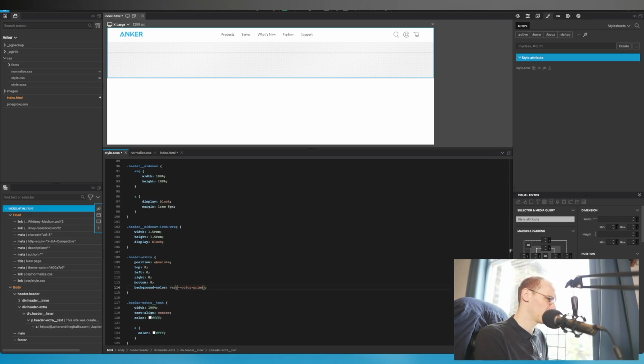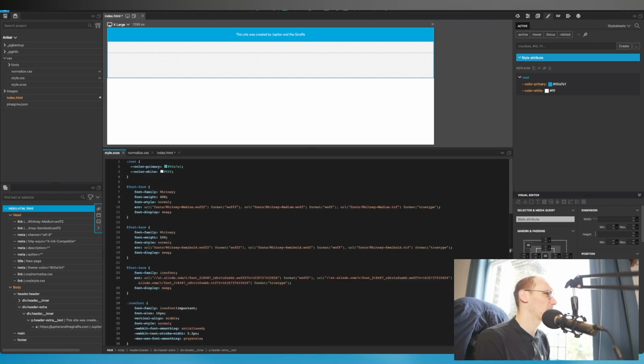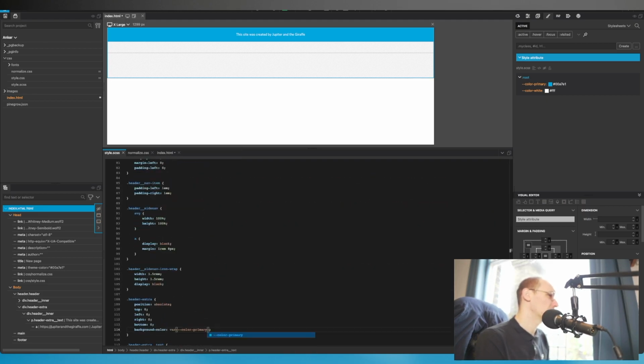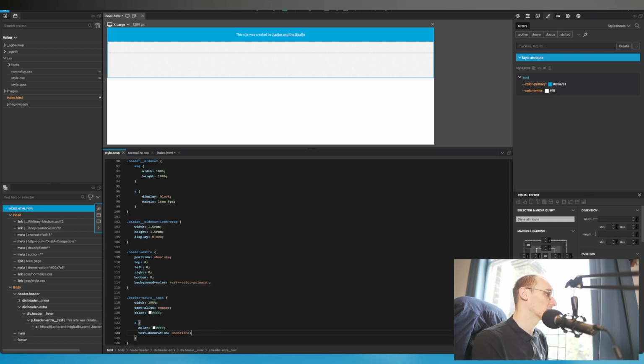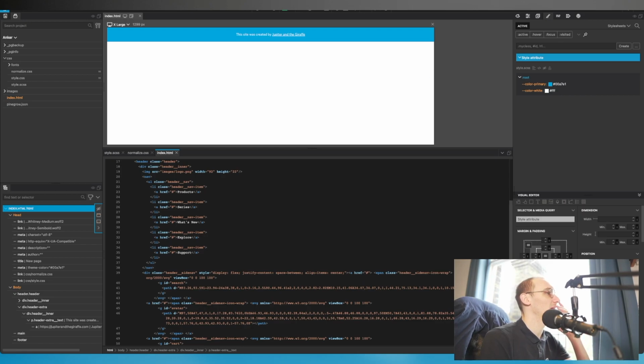Color primary. Cool. And let's put text decoration underline. Cool, just gives it a little thing. Right, so we have this now kind of showing. I guess what we want to do is,